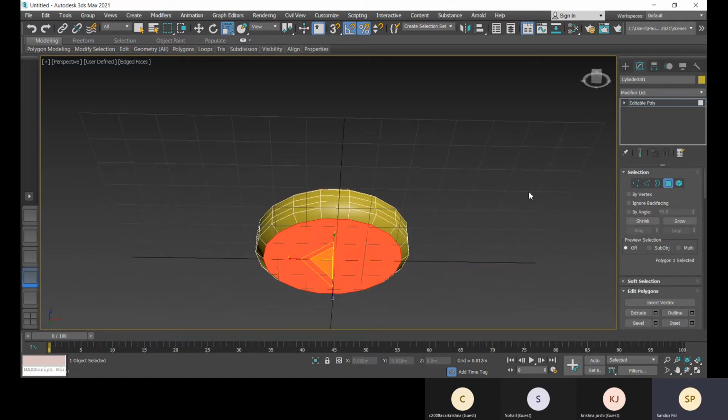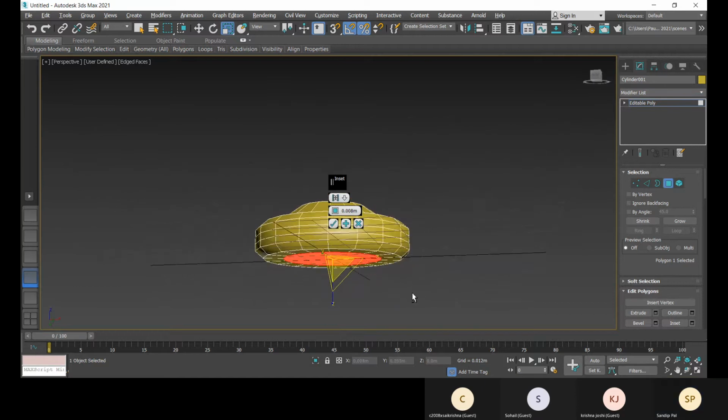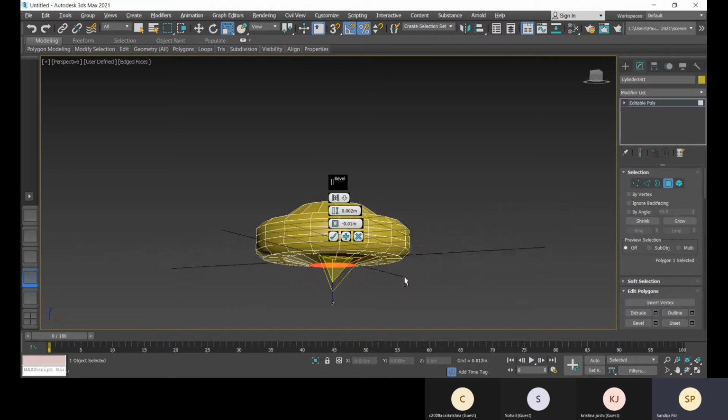Now with the polygon option, I'll select this, and then again I can insert. You can create insert, and again, sorry, insert only. Right click, then go to bevel. Okay.